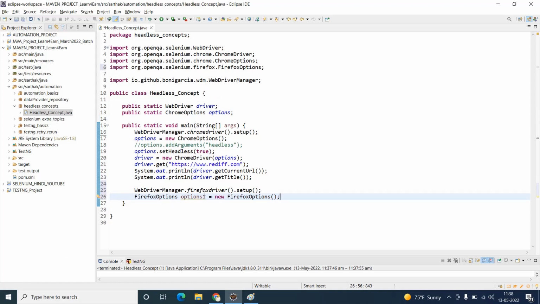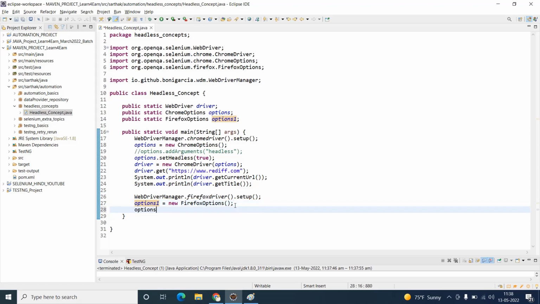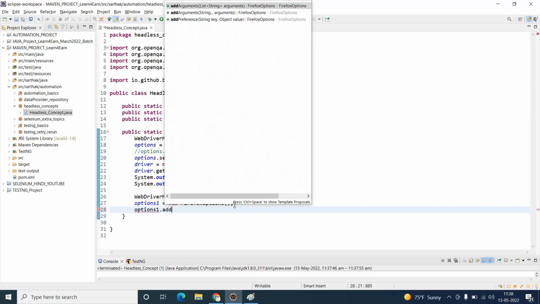You can choose to declare this at a global level, and here you can use add argument, but